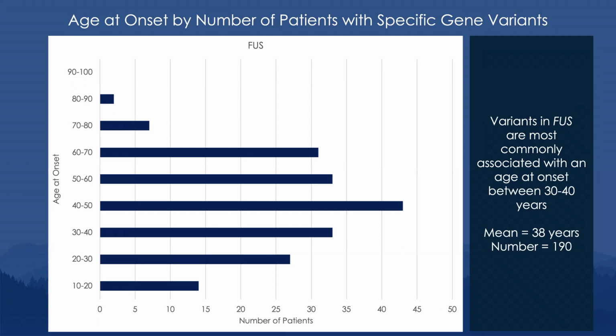This suggests not only that there's corroborating evidence that that FUS variant is associated with an earlier age of onset, but even more broadly, any variant in the FUS gene based on this data, you might interpret to be associated with an earlier age of onset and perhaps a worse pace of progression for the patients, conferring a worse prognosis.